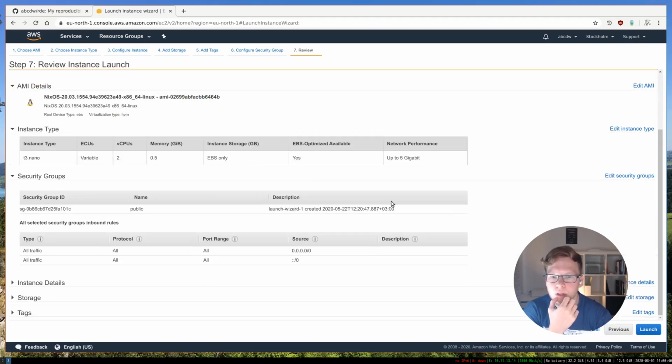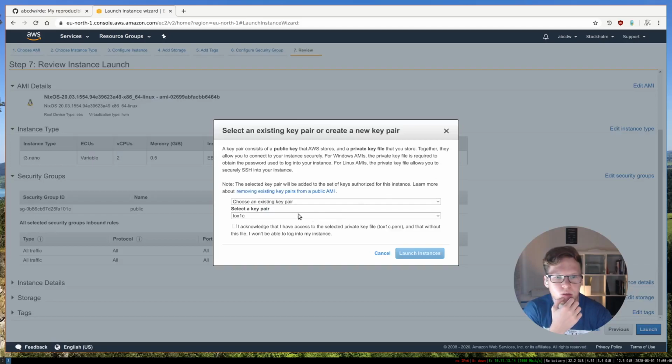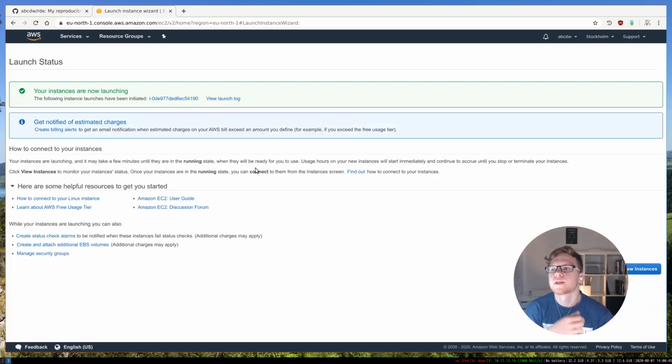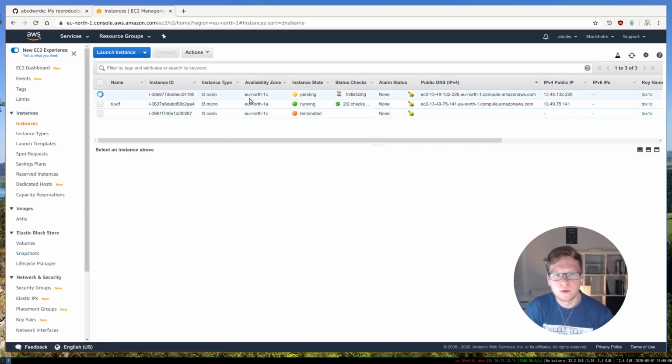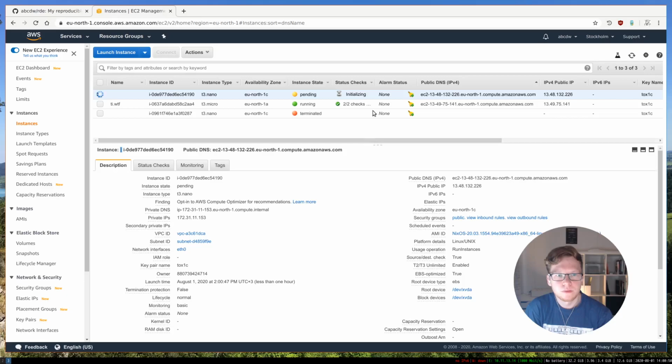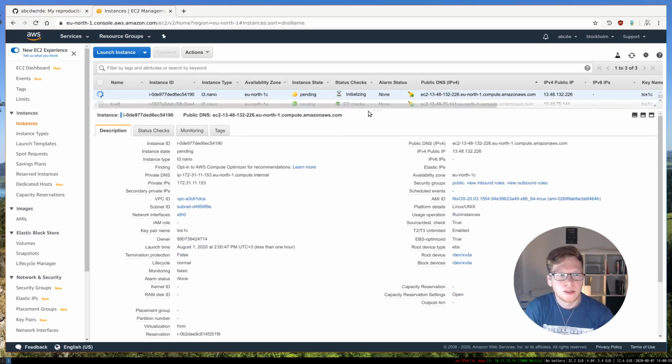Okay, looks good to me. Pick an SSH key and wait until it is created. We need this IP address,